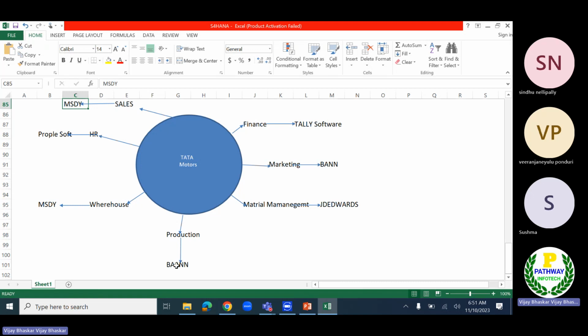So again, you can see here the production department is using a different application. The warehouse department is using a different application here. So the moment they are using different applications, again the production department needs to contact the warehouse department through external sources like email communication, phone communication, different ways.